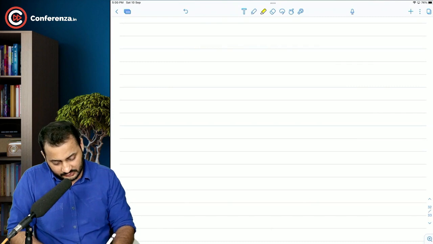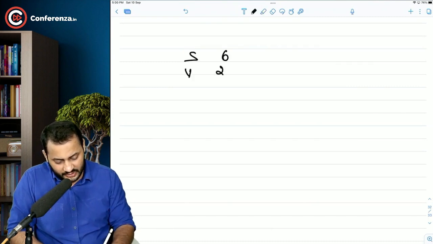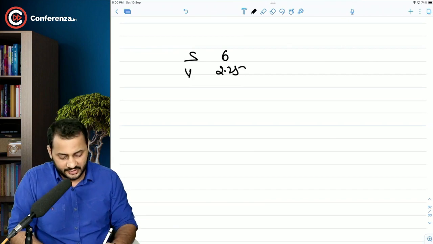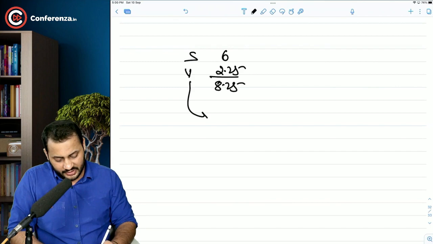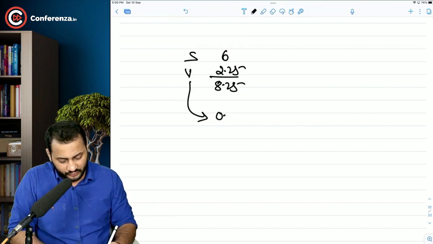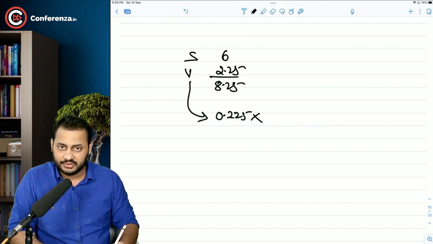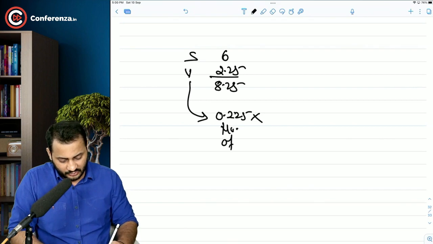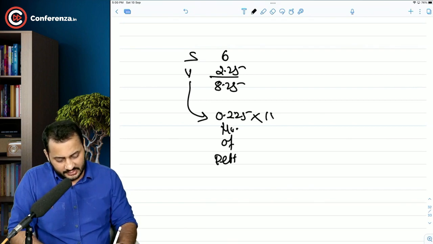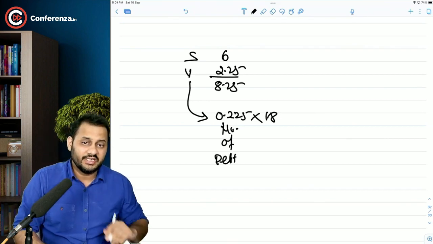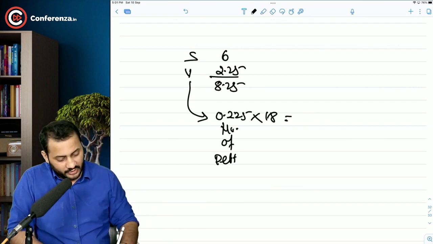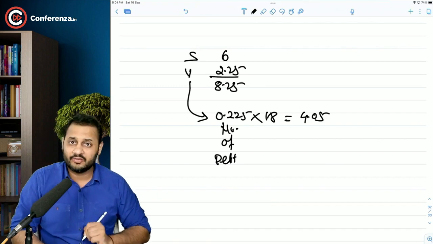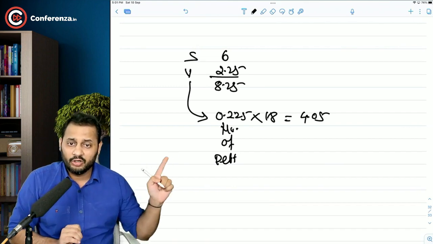This is Smith, this is Vencap. They are holding 6 crore and 2.25 crore shares right now. The total number of shares is 8.25 crore. Now the venture capitalist is also holding 0.225 crore debentures. This is the number of debentures, and they are asking that for every debenture we need 18 shares. That means in total we will have to issue 4.05 crore shares, and all of them will go to